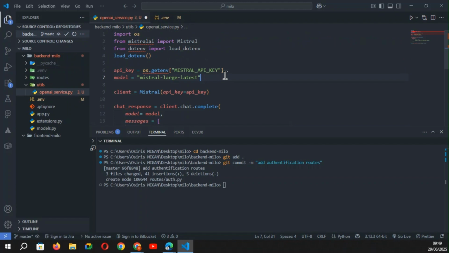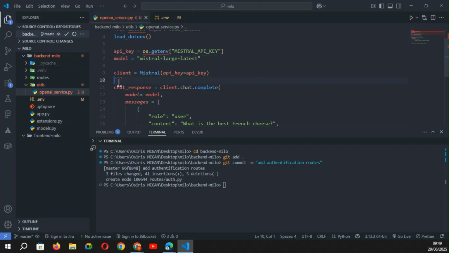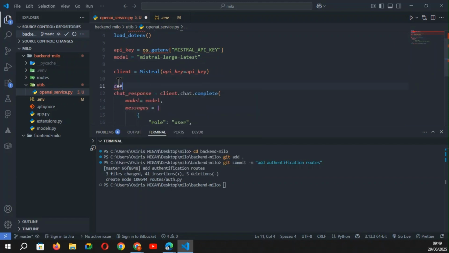So I can say client, Mistral, api_key equal API key, and here I can define a function, def ask_mistral_ai, and as parameter I use prompt, a prompt of the user,